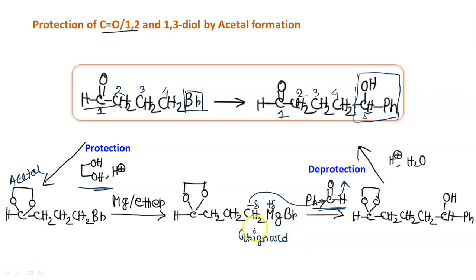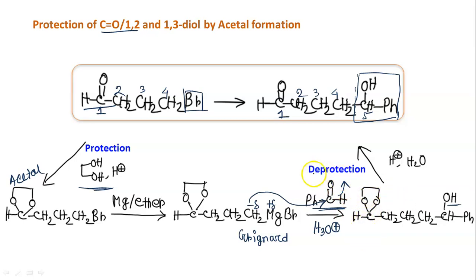But right now just remember that in CH3MgBr, as carbon is more electronegative compared to Mg, there will be partial negative charge. It will act as a nucleophile, it will attack the aldehyde. And in the next step, after protonation, finally there will be OH. First there will be OMgBr, then it will be converted to OH.